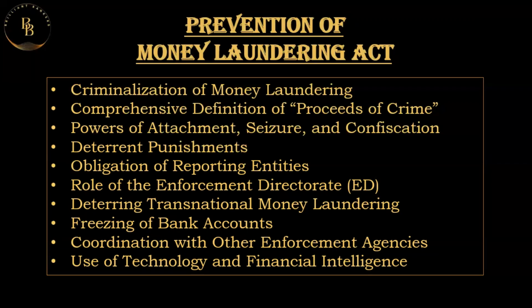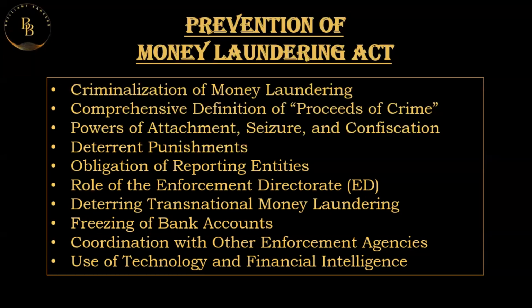Thus, the PMLA provides a comprehensive list of offenses, including those under laws such as the Indian Penal Code, the Narcotics Act, the Psychotropic Substances Act 1985, and the Prevention of Corruption Act, the PCA Act. Coming to the comprehensive definition of the proceeds of crime, the PMLA has a broad definition, which refers to property derived from any criminal activity that is connected to the predicate offenses, which includes movable or immovable property, tangible or intangible assets, and direct or indirect profits from illegal activities.